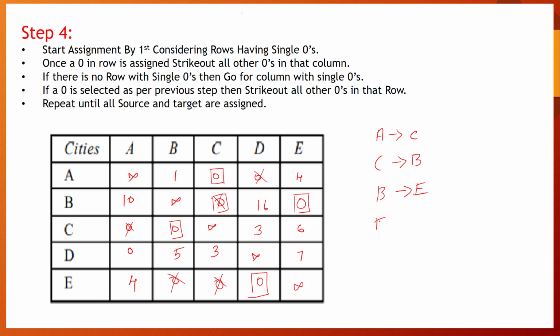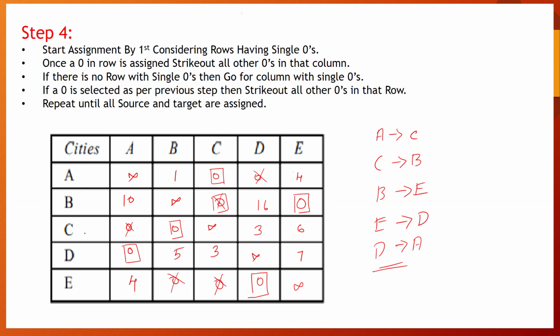So from E he will go to D, and from D he goes to E. So this is our final path. We can see that from A he went to C. From A he had the chance of going to C or D. If he had gone to D, he would have gone again to A, so that is not a path. So we have selected C. From A to C he will go.